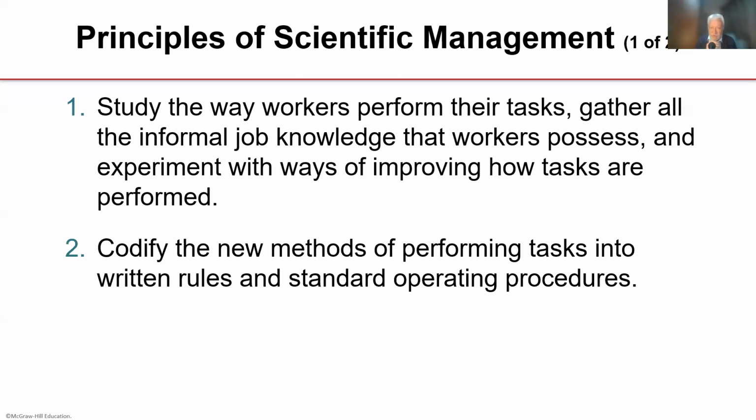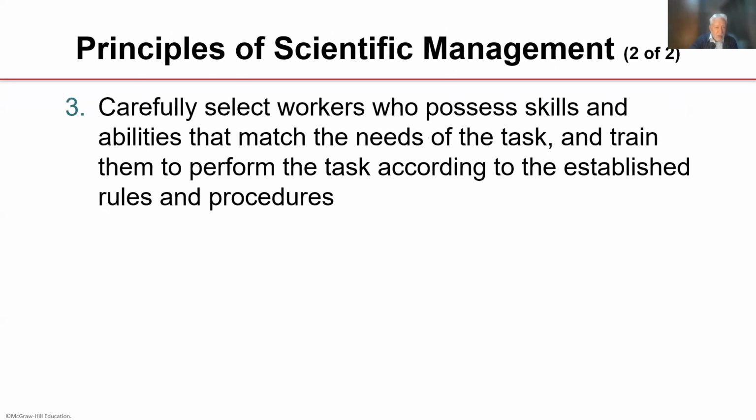But if you write down where they should walk and how they should walk and make it a rule, a procedure that they can't avoid, then if you multiply that by 100 people in a factory, you might be achieving some significant time saving. You also, Frederick Taylor pointed out to us, have to use the right sort of people who have the right qualities to do the work. Not just any old person, but the person who has the right qualities.